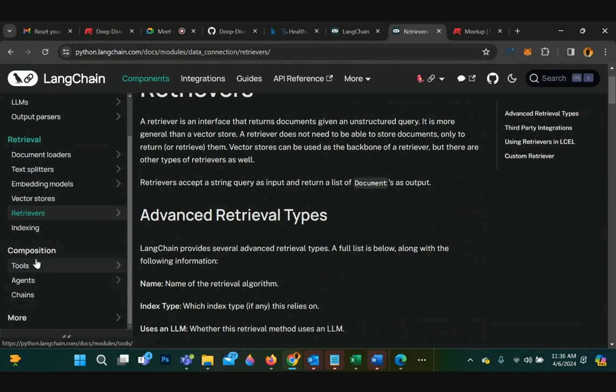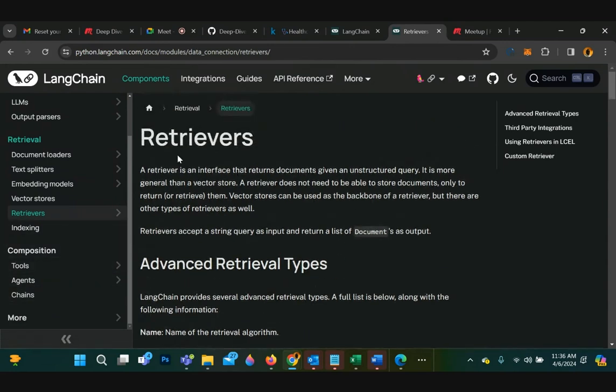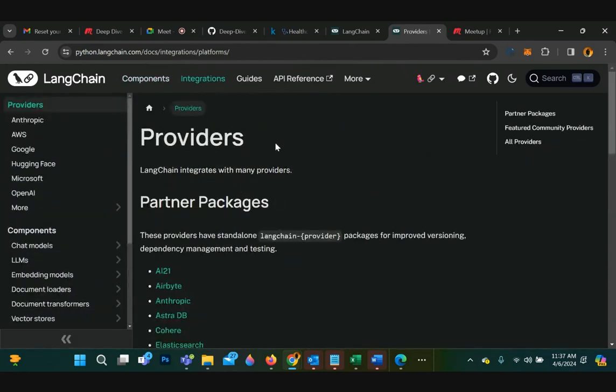These topics I wanted to cover as well, but again, I didn't have much time because there are concepts like tools and agents and chains. But we're going to see chains. Definitely what we're going to take a look at today is chains. But on top of chains, you can have agents, right? Agents can decide which tool to use to accomplish a certain task. All right, but we're going to take a look at chains. And then there are integrations to other third-party providers.